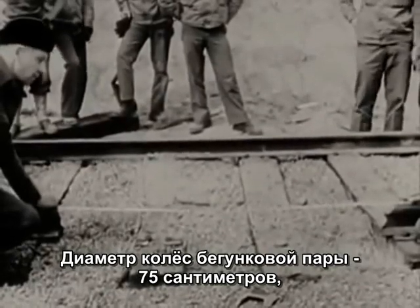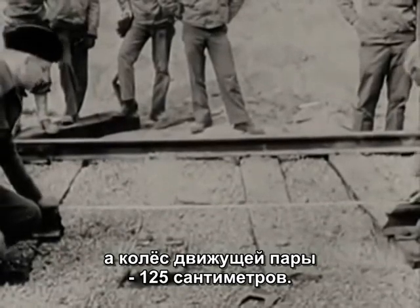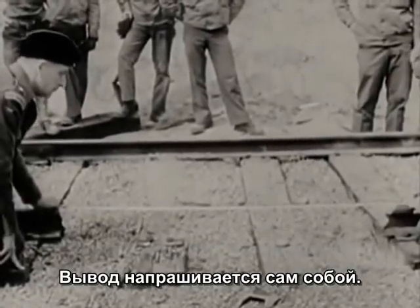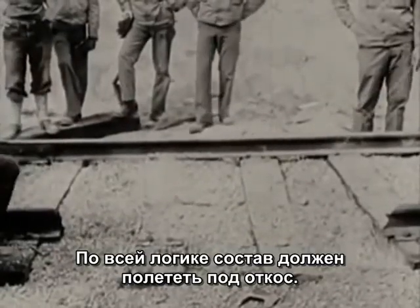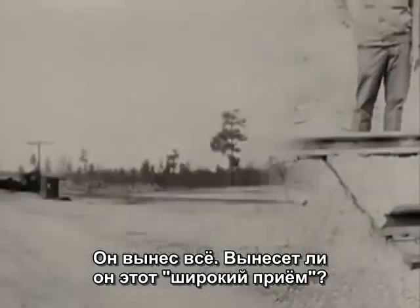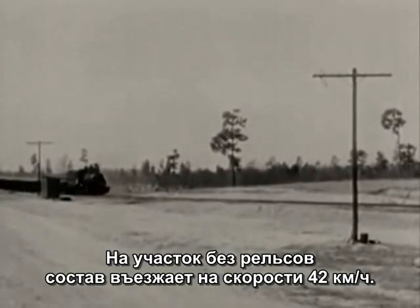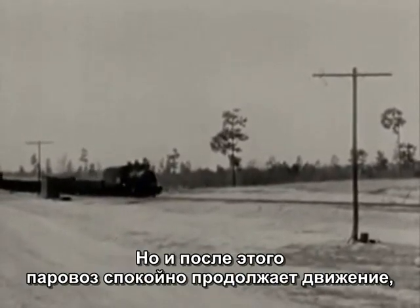No train can float over a 58-inch gap. The pilot wheels are 30 inches in diameter, and the driving wheels are 50. Trains run on tracks, not ties. That's simple deduction, with the kind of logic that makes for good train wrecking. This time we'll give our stubborn customer an extra wide berth. She'll hit that open space at 26 miles an hour, and when she does,